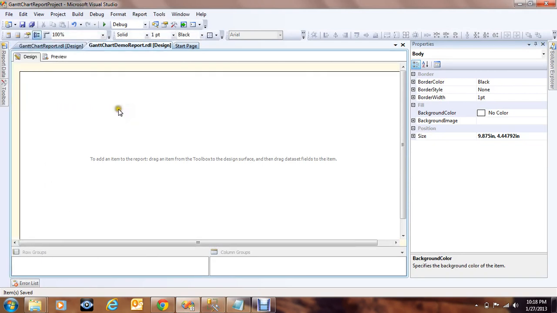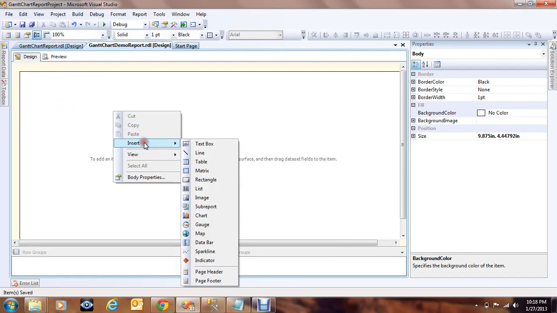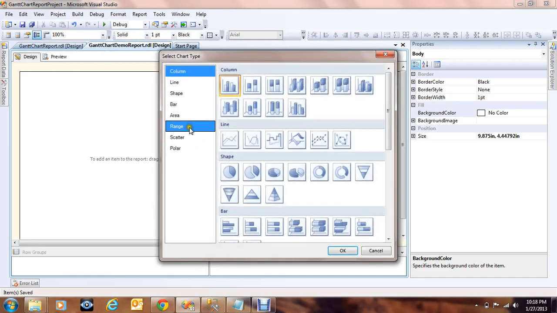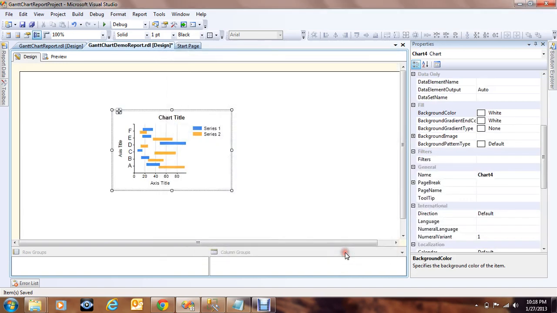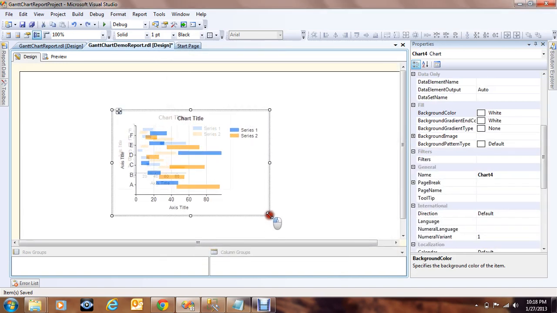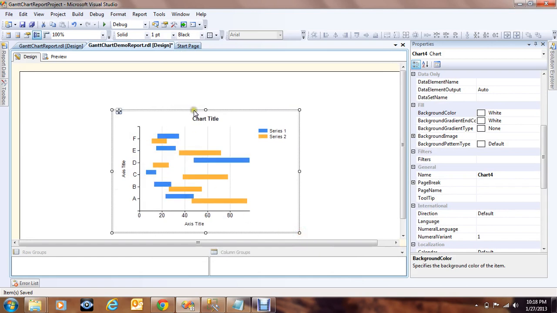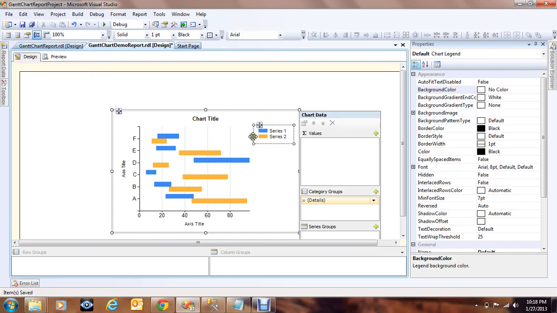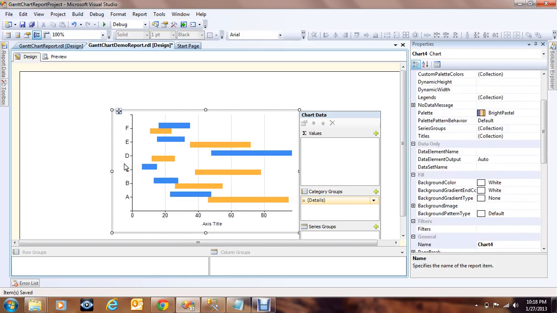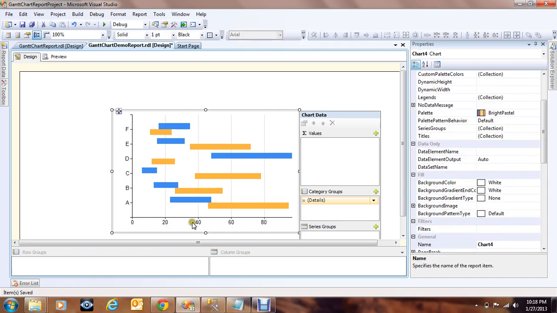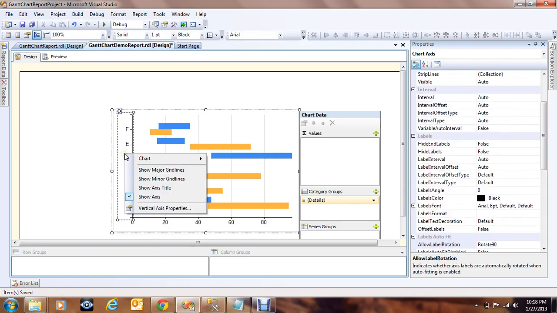So let me go to the design, right click, insert, chart, click on range and click on range bar, click OK. Let me just increase the height and width of this. All these axis titles, chart titles and legends I don't want, so I'll just delete them. You can just click the delete button. Now I don't want this vertical axis as well, so I'll just remove